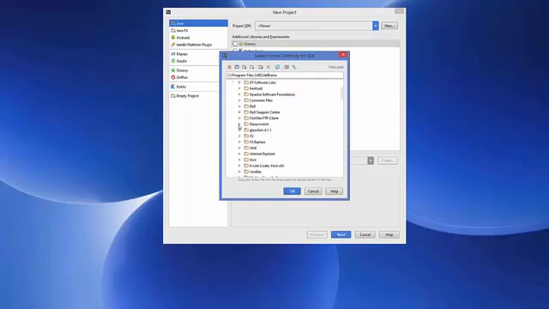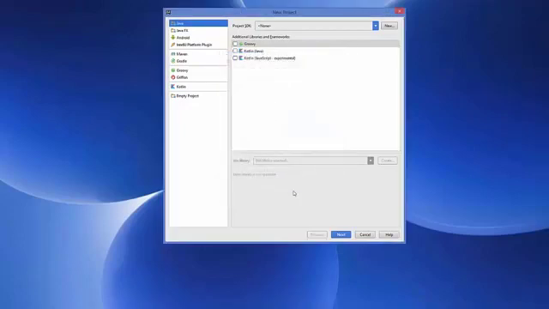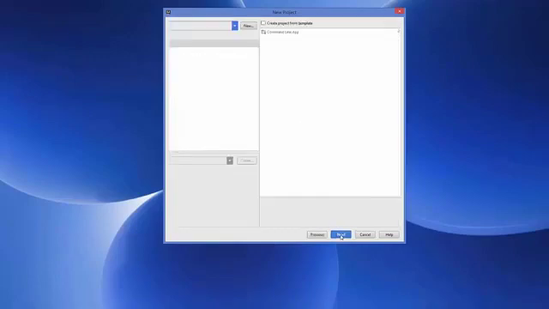In the program files I have this Java folder, and in the Java folder I have this JDK folder. Remember I told you that you need to have Java JDK installed before installing this. So just browse for this JDK folder and click OK, and once you click OK, you can click next